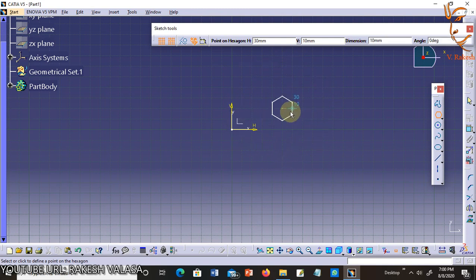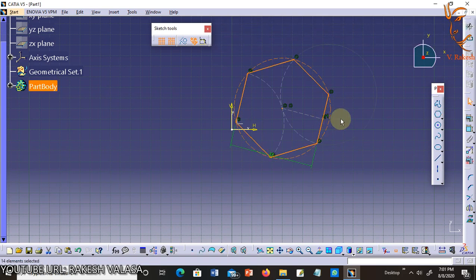Just choose the center and drag the cursor. This is the procedure for creating a hexagon.